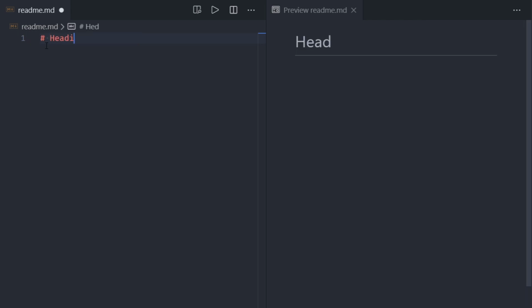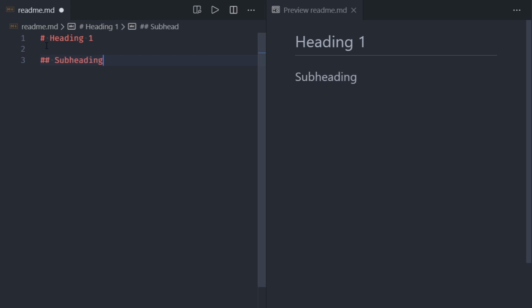If you already know HTML, then you may have come across h1 to h6 tags. Like that, we can create headings in a markdown file also. Use a hash symbol before the heading text and you can change the size by adding hash symbols from 1 to 6 repeatedly. Normal text can be added by just typing it. Normal text allows paragraph text.